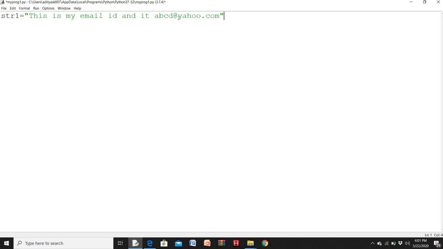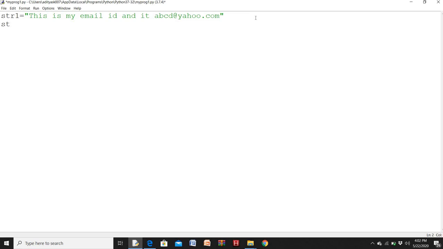So what is the important thing that I'll be trying to do is find which index this @ is present at. If I find out which index that @ is at, I can find out the domain name or the email server which the person is using. I want to find out how many people are using Gmail or Yahoo, whether that person is using Gmail or Yahoo. To find that, I want to find where actually that @ is present. So that is why you have a function called